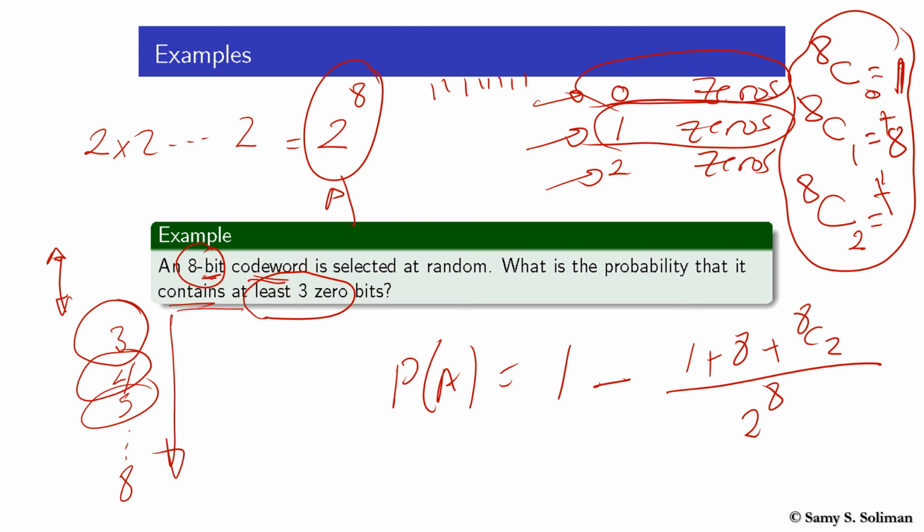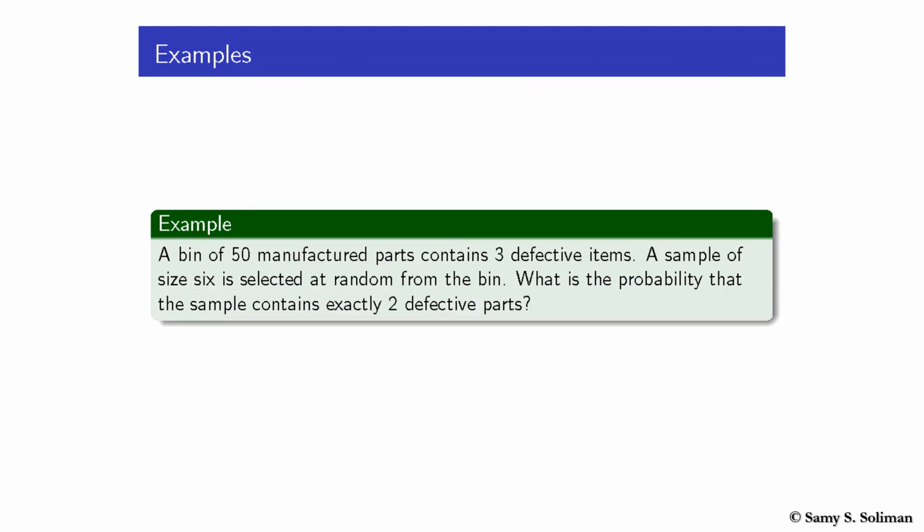So again, here we used many rules. We used the combinations to calculate these numbers, we used the permutations to calculate the overall numbers, and we used the axioms of probability, or the rules of probability, to finally get the probability of the required event. Our last example will be